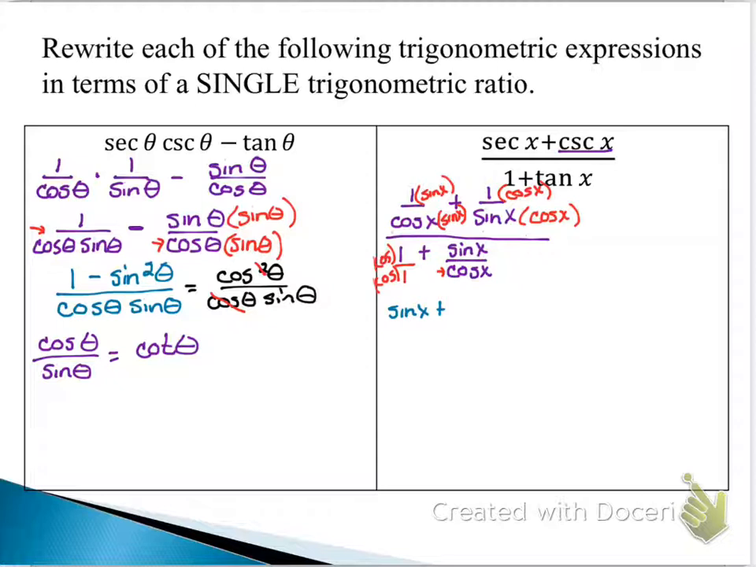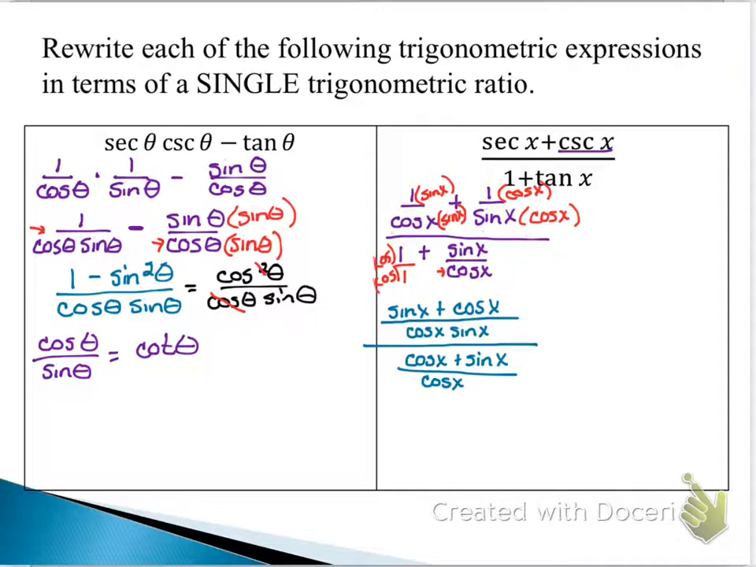So we have sine x plus cosine x, and we're going to write it all over one fraction, which is cosine x times sine x. All right, then now let's look at the denominator. So I'm going to put a big line right here because that's our big line for numerator denominator. So now we've got cosine x plus sine x all over